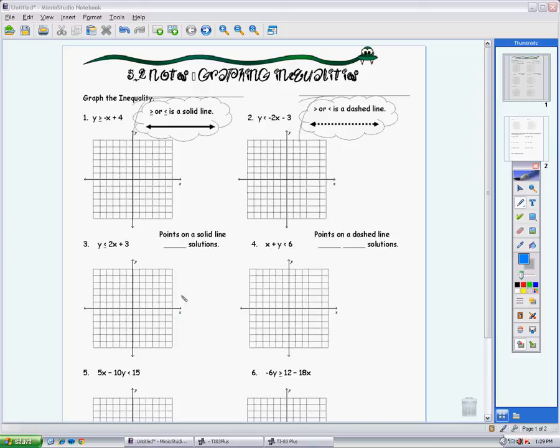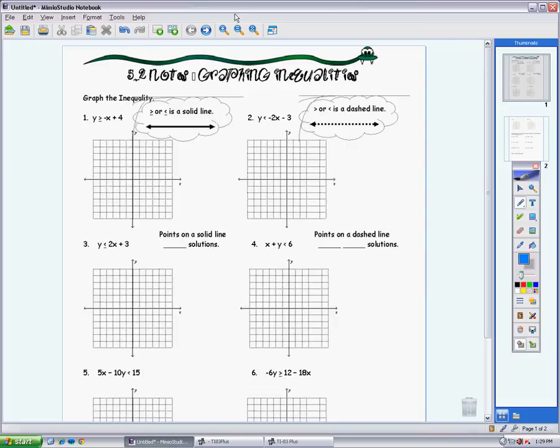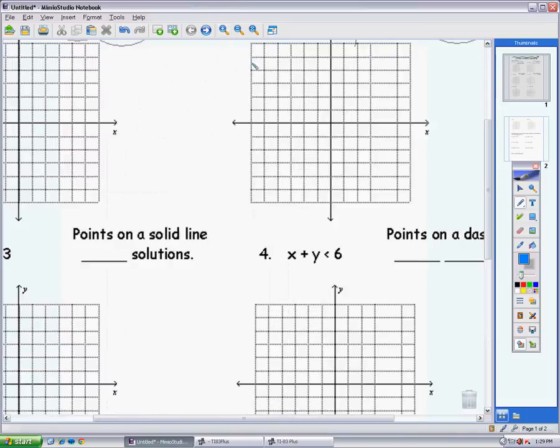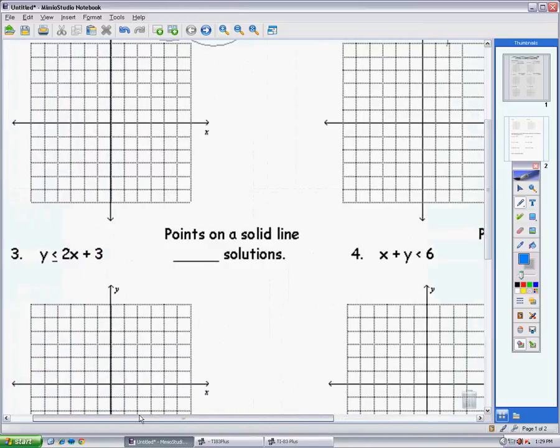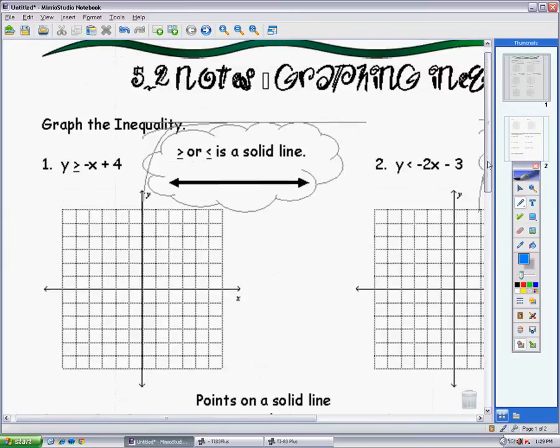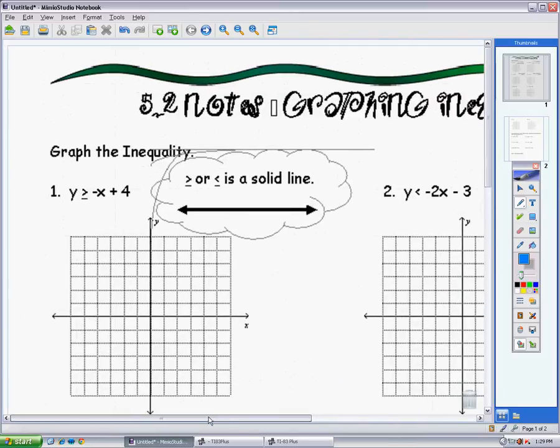Okay, today we're going to be graphing inequalities. This is one of my favorite sections. I love graphing inequalities. And graphing inequalities is not going to be very much different than graphing the equalities we did in Unit 4. We're still going to start with our y-intercept, which is our constant at the end,